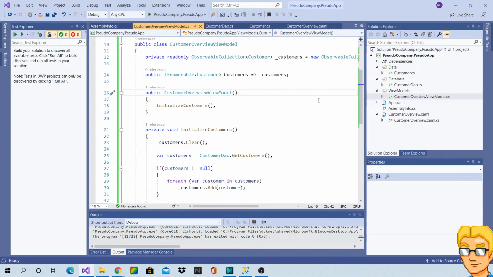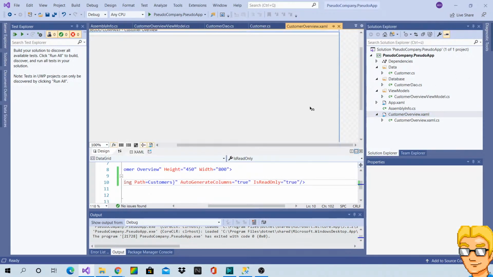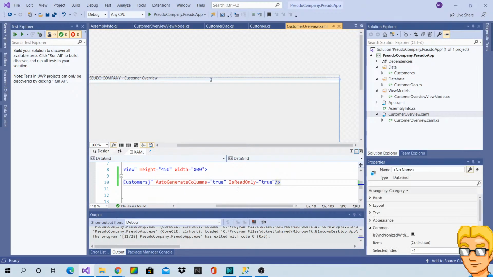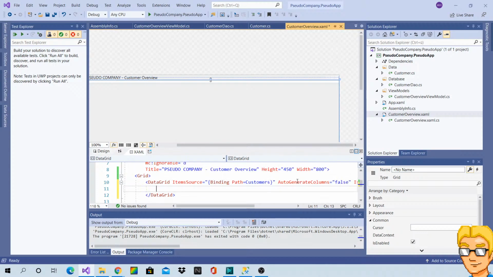So yeah, what was I going to do? Oh yeah, so I guess we can't auto generate the columns just because of that date, which is unfortunate, to say the least.